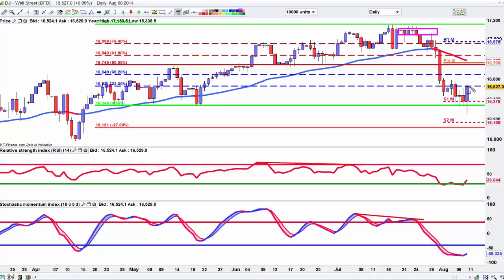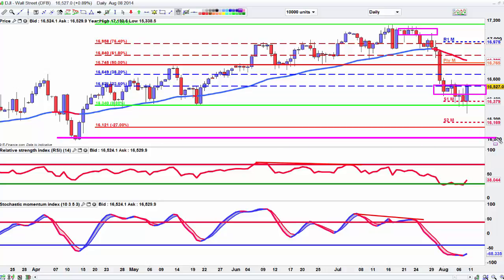I think we will sit around this area here on Monday, close higher, and can get a full retrace, a potential full retrace to the 50. We sit inside this area here. I think we've got the potential to come and retest the 16,000 down there at that support for options expiry,